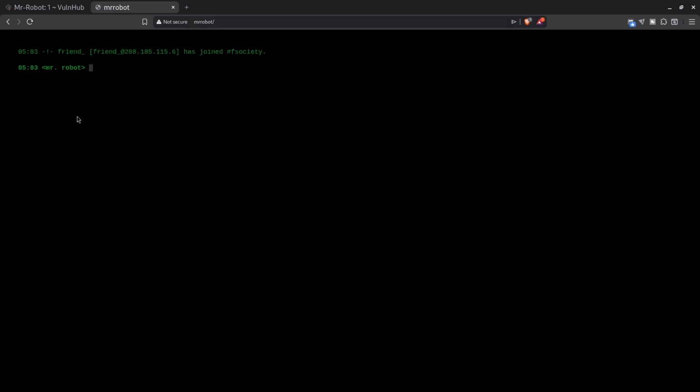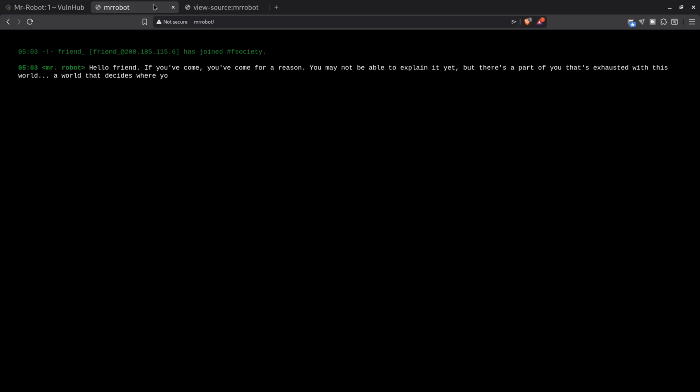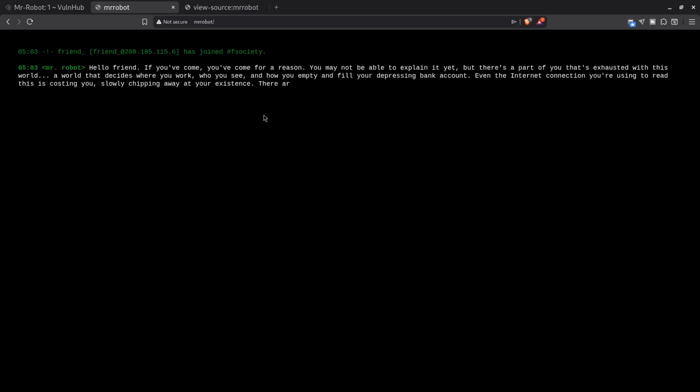If I view the source code, okay, so it's JavaScript that is running. That's why we're able to see these animations, and we have a message here. Then we are presented with some commands that we are required to run. So for example, if I say prepare,